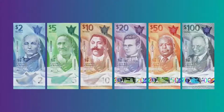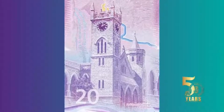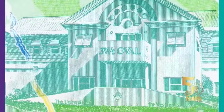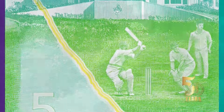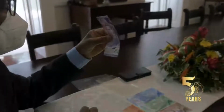have changed. The back of the $20, for example, features a different angle of Barbados's historic Parliament buildings, and the image of the 3Ws oval, found on the $5 note, is now superimposed with the image of Sir Frank Worrell at the crease. The most significant changes, however, are those that have been added to make the notes harder to